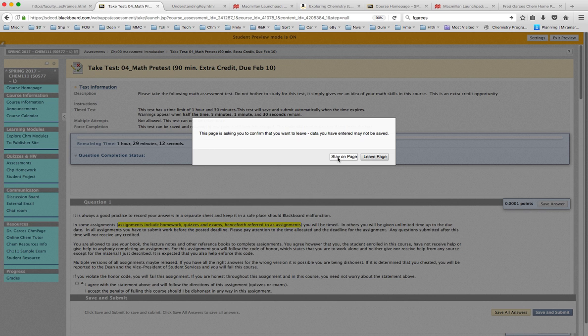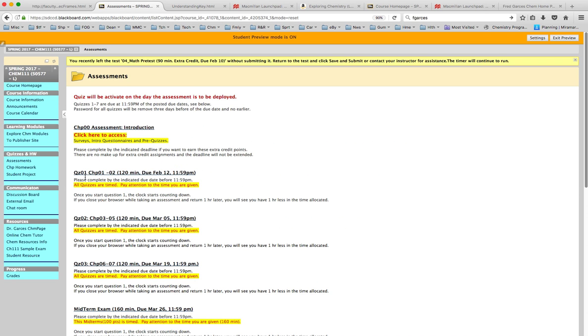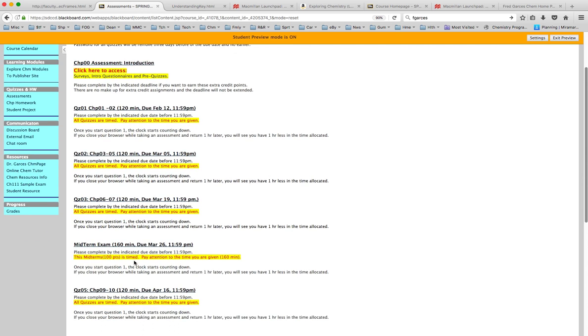So whenever you see an assessment here that says this is a timed activity, you are on the clock. You know you have a certain amount of time to complete this particular assignment. So you have a math pretest, a problem solving extra credit, and a syllabus quiz. That's the chapter 00 assessment. Let's go back to assessment here, and you'll see that all your quizzes are timed as